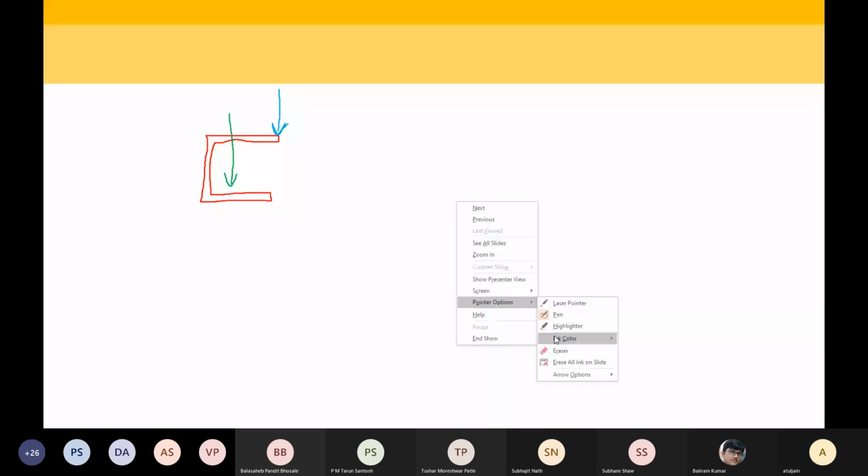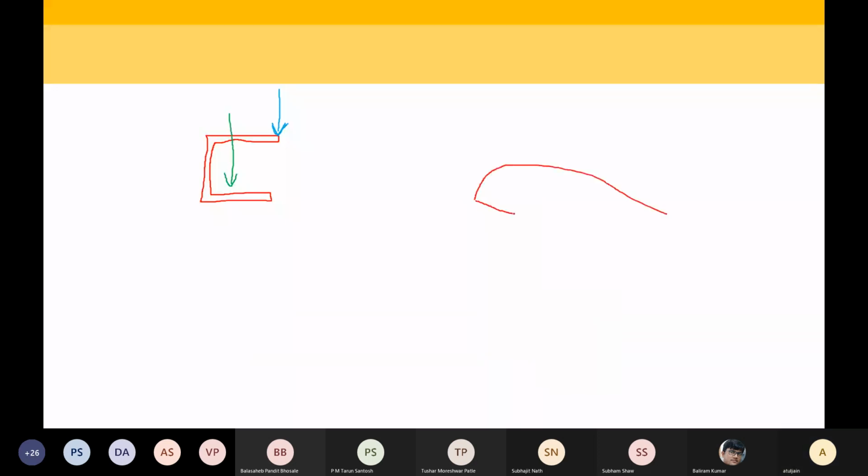Let us think it is something like this. Now the load will depend on its application. I cannot make sure that the loading will always pass through the shear center, can I? In real life, can I control that the loading will always pass through the shear center? No, sir.